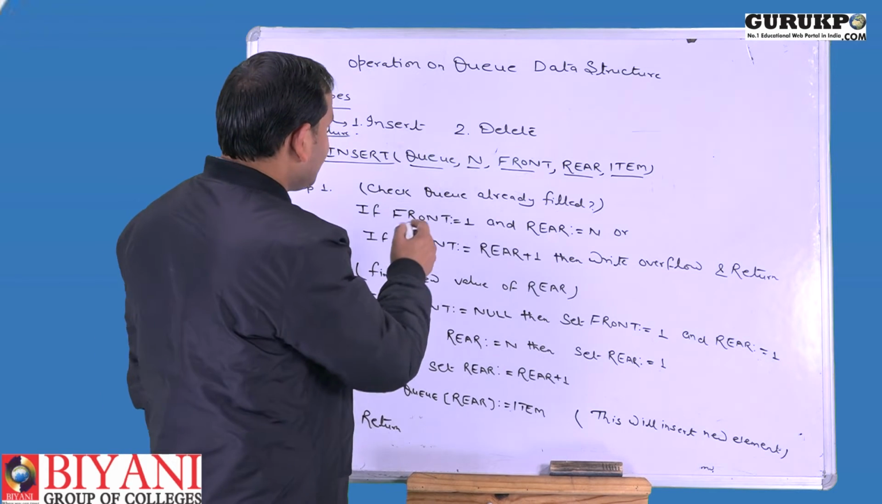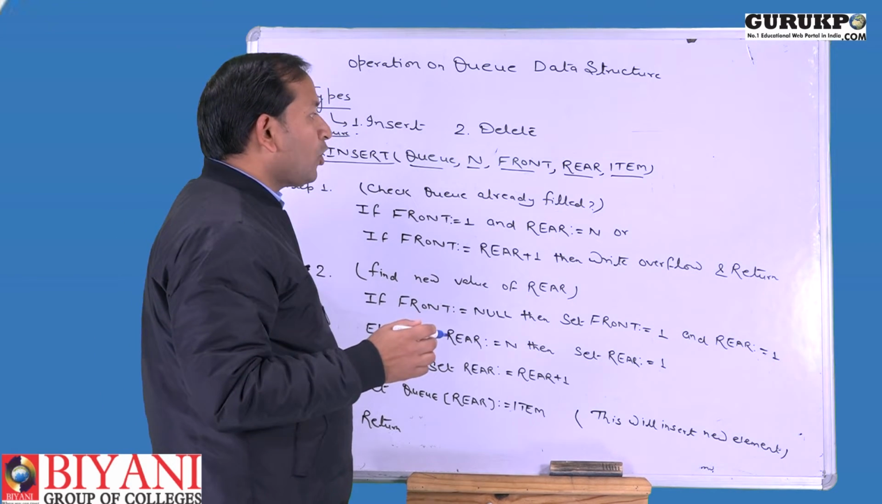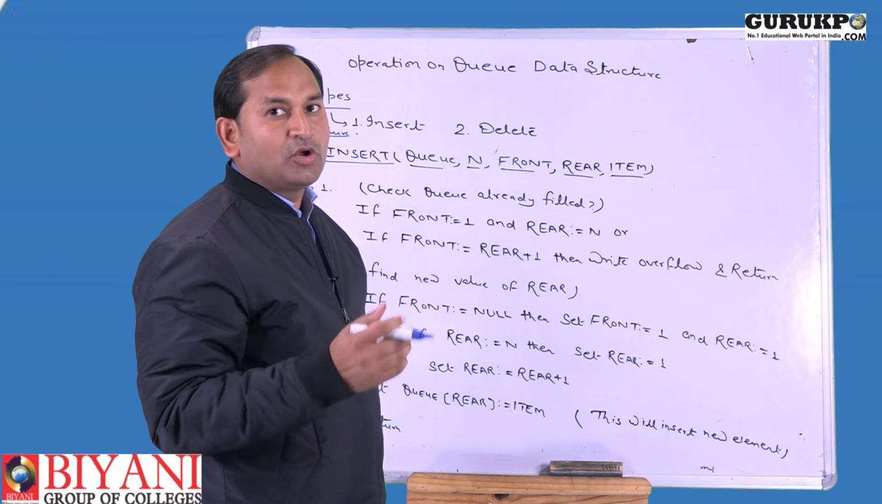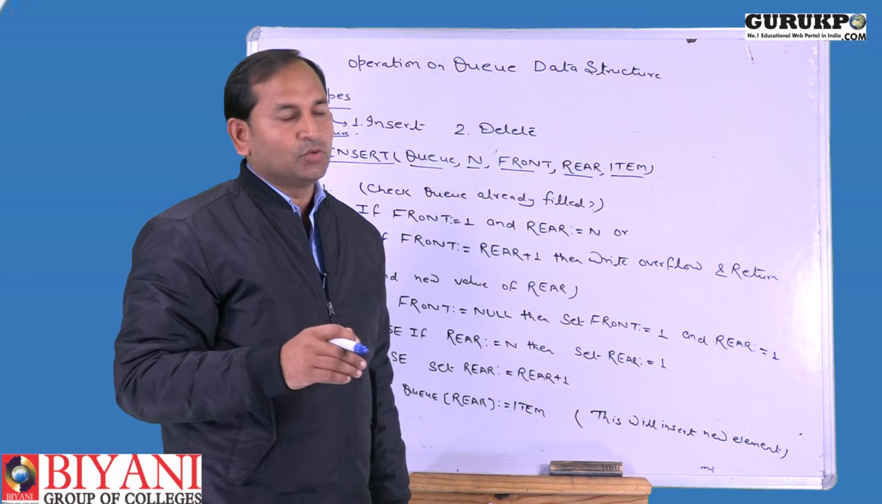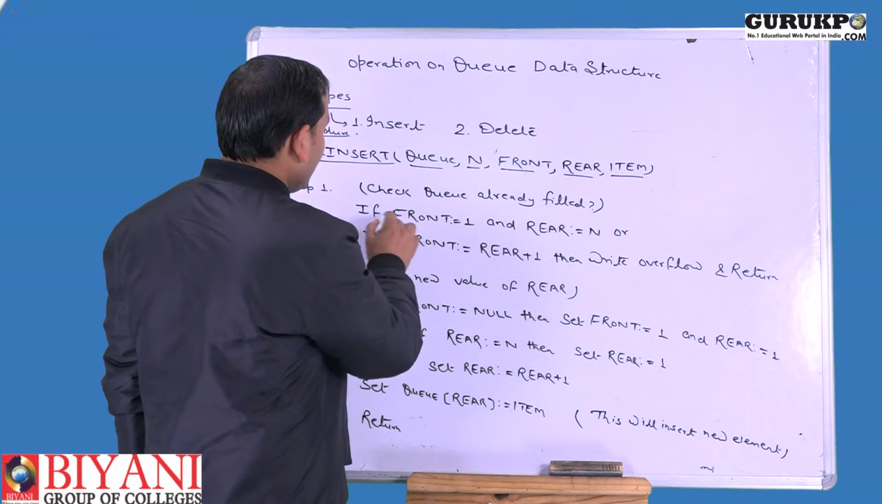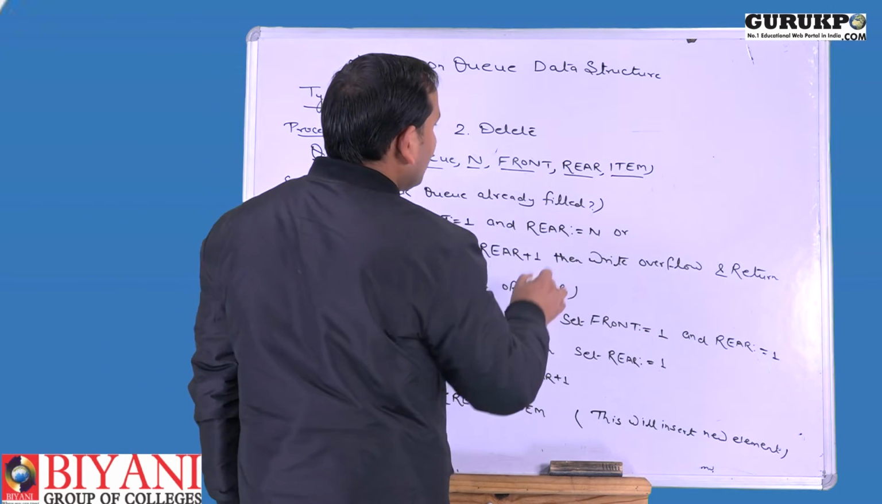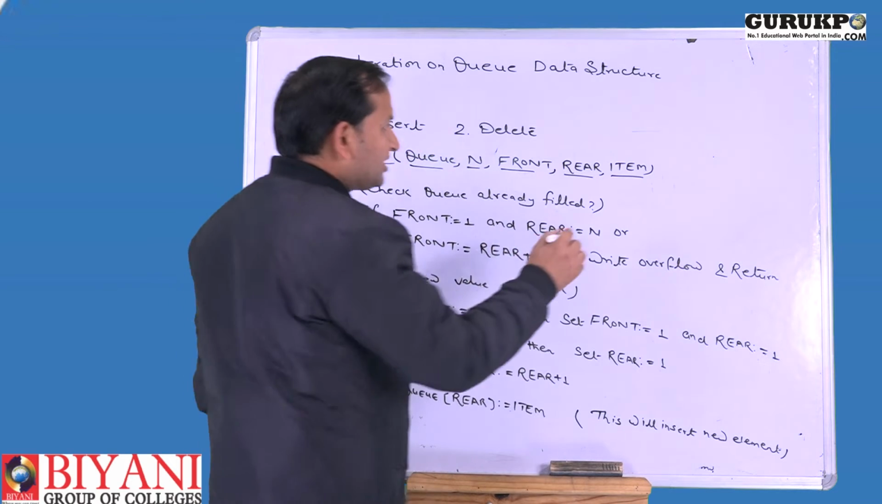Step number 1, check. First we check whether the queue is already filled or not. If the queue is already filled, we cannot insert a new element inside the queue. First we check if front equal to 1 and rear equal to n. It means first element,